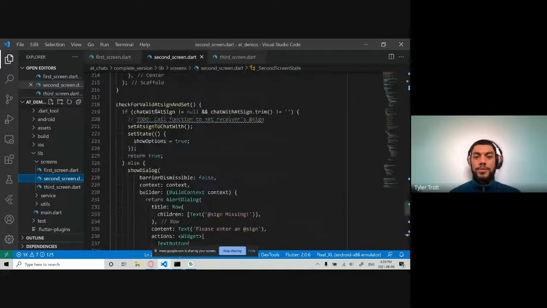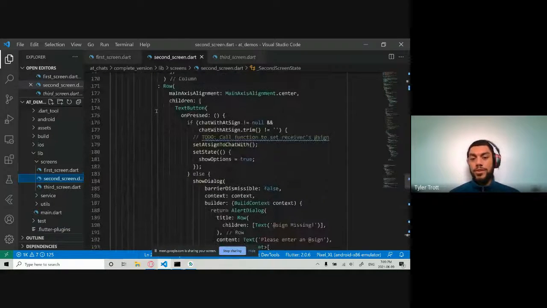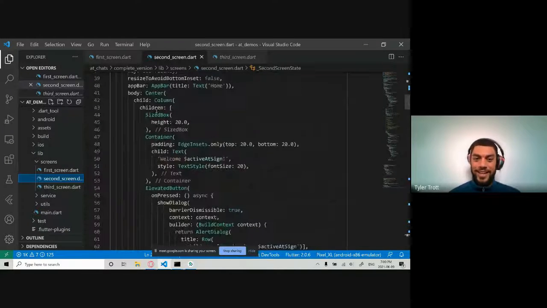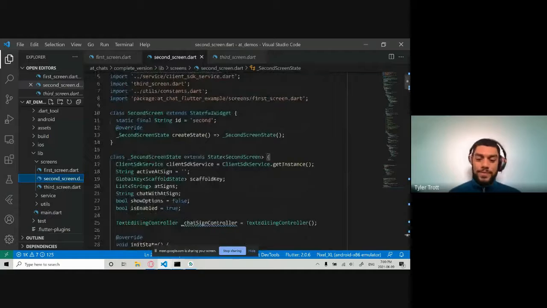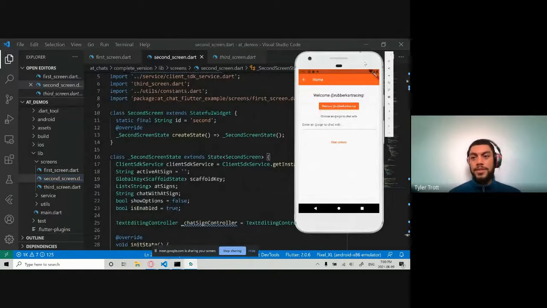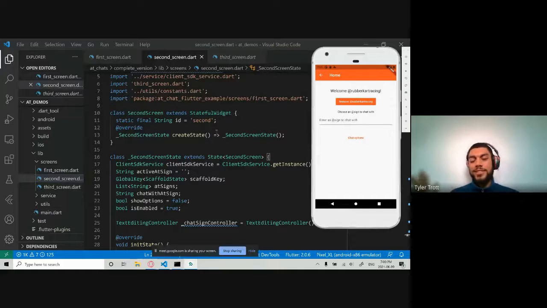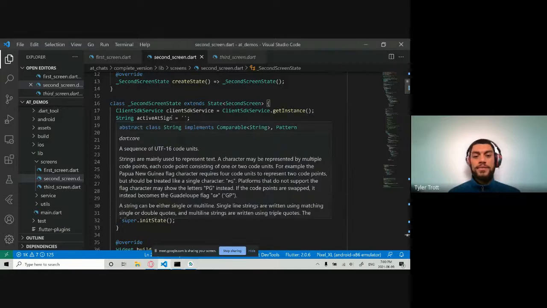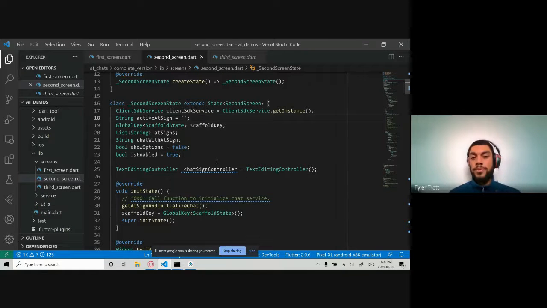So in this, you will find that there are only 3 functions. It's actually really hard to navigate through here when the text is so big. Here we go. So what you'll see, this app is pretty much just UI, because that's Flutter for you. Most of the functionality happens around just the buttons and whatnot. Here in the beginning, when we're first creating our screen, we're initializing a lot of the variables. The important ones are active @sign, that would be Rubber Kart Racing, and then chat with @sign.